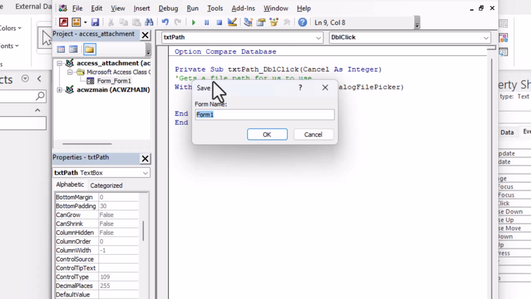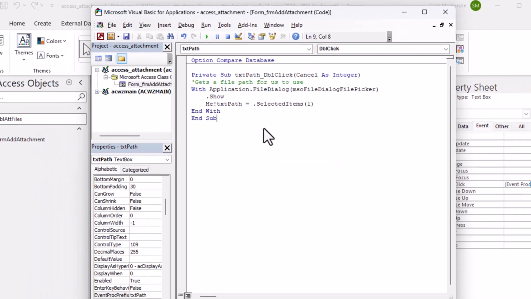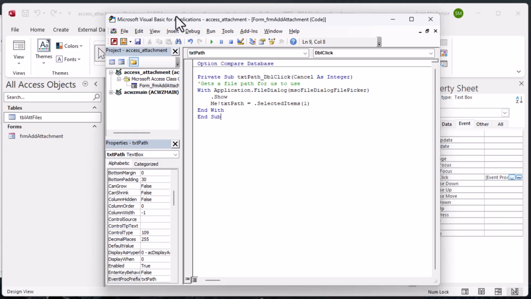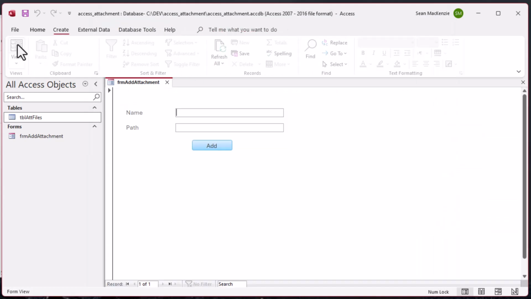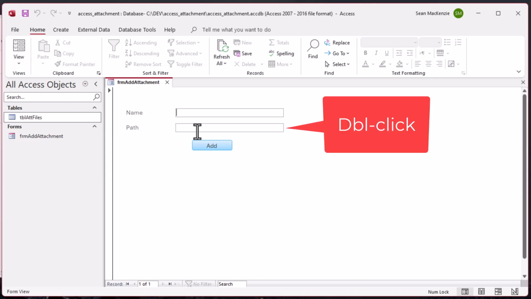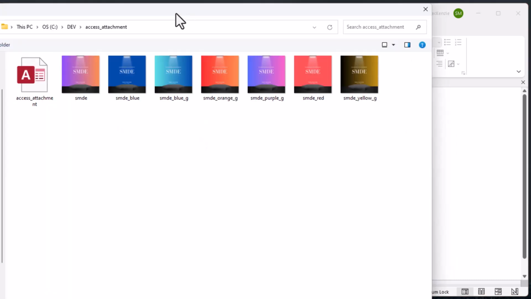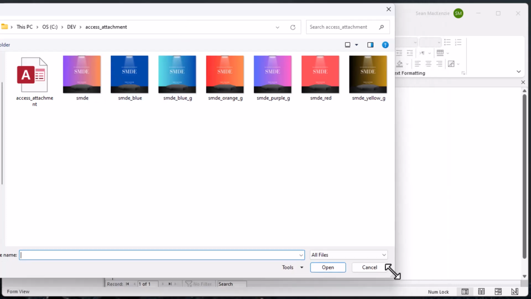And so let's go ahead and do a debug compile. That'll show you if there's anything really broken in there, and then we'll save it and we'll add a name to our form, and we will be good to go. So we'll call it frmAddAttachment, and you should see it pop into your window on the left there, into the navigation bar. Click that, form view, and you'll get the form popped up, and double click into the field we just created, and that will give you the file dialog